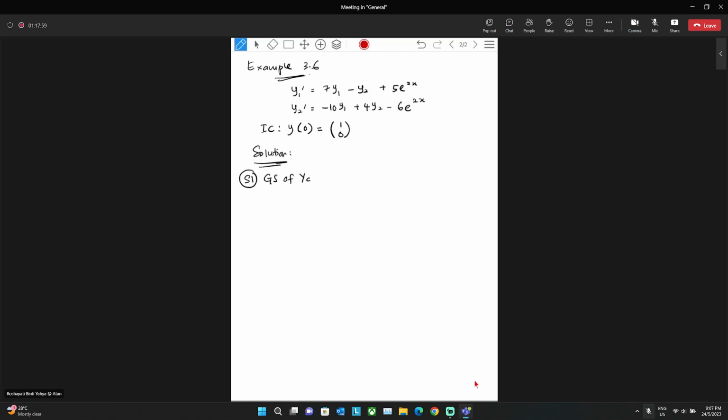We start with y prime equal to Ay. So look at here, you just follow 7, -1, -10, 4. Okay, here we have y. Y here is actually y1, y2, right? So here 7, minus 1, minus 10, 4, and then plus,